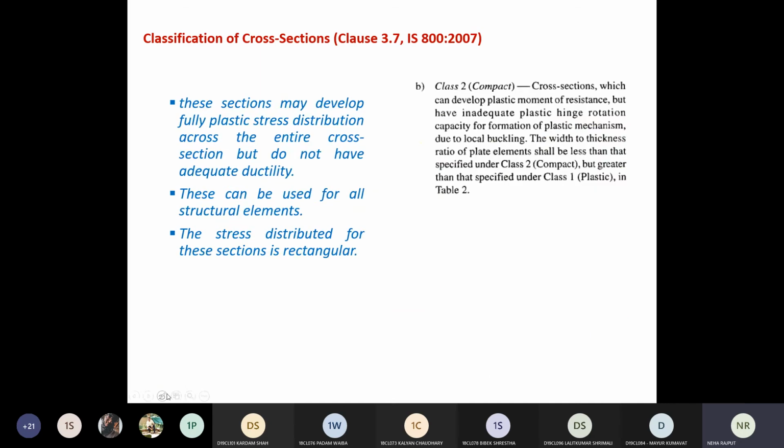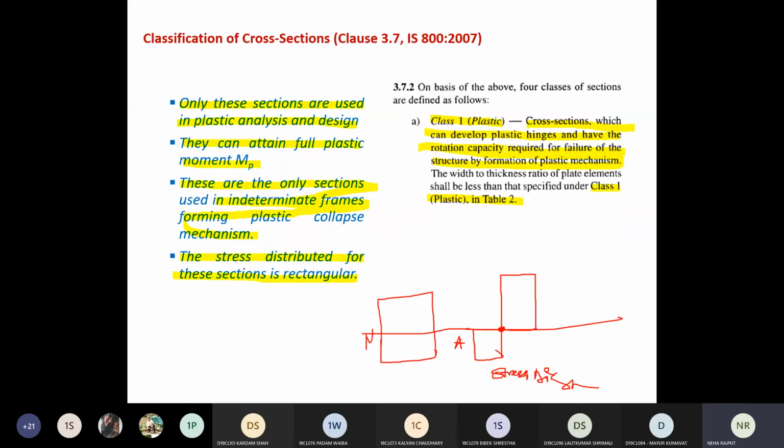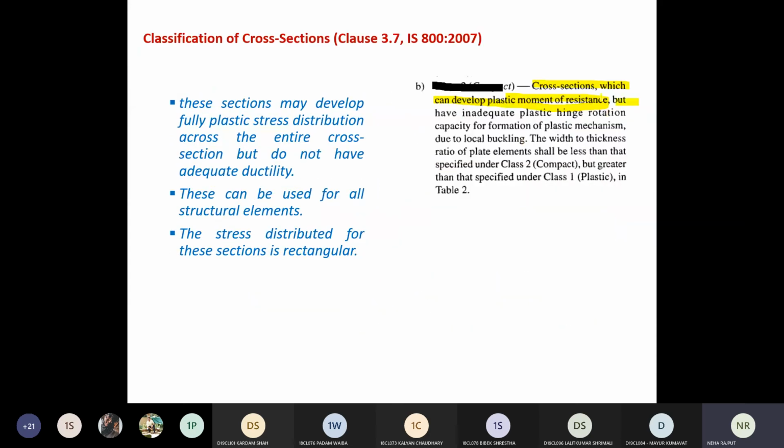Now next is class 2. Class 2 is my compact section. So a cross section which can develop plastic moment of resistance. So in compact, plastic moment develop होता है. See this curve, second curve. Plastic moment develop होता है, but have inadequate plastic hinge rotation capacity.